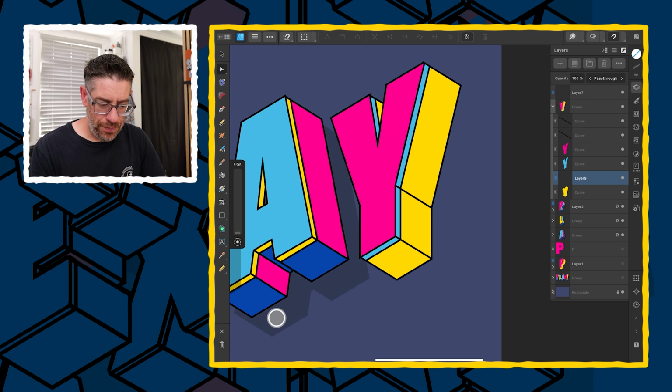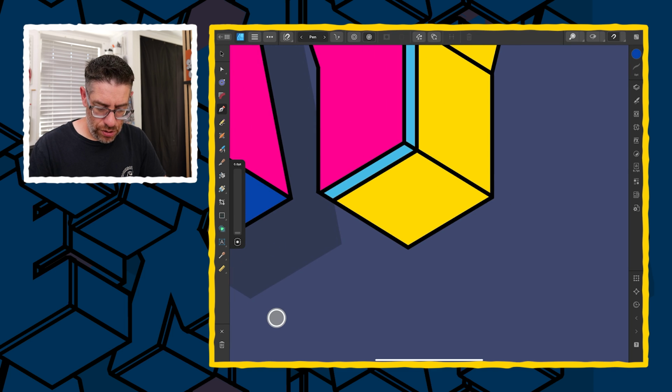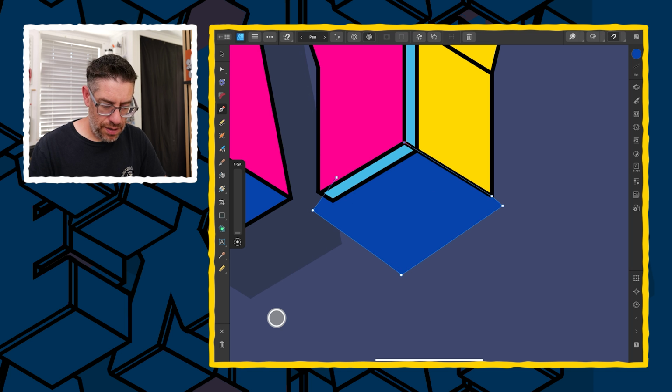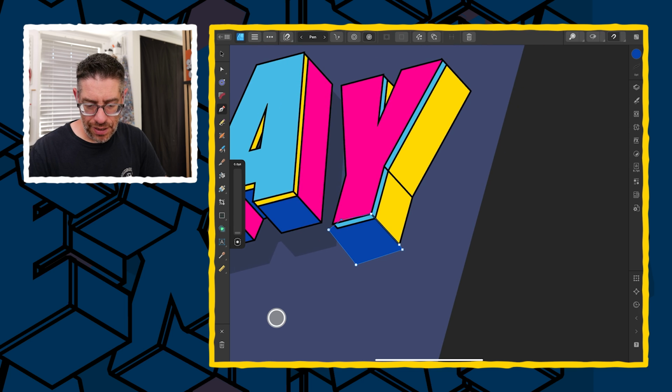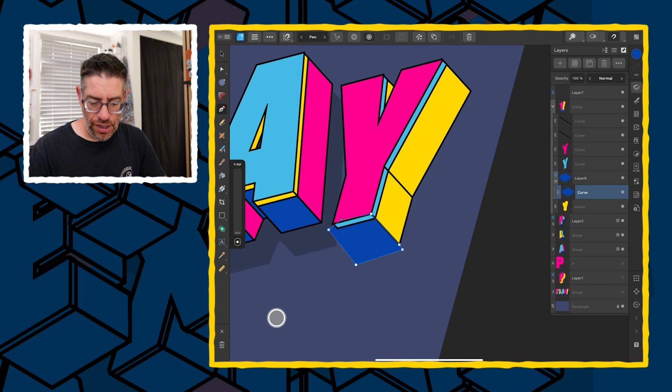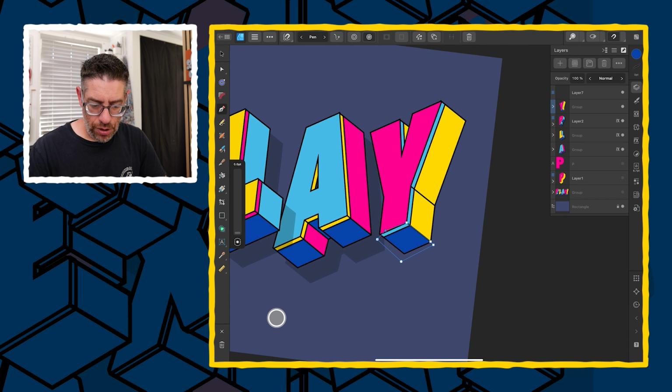Tap on the pen tool, use fill, not stroke, and again, that dark blue. Draw around the bottom of this. Actually, I'm not going to give it anywhere else, I'm just going to keep it on that, and then we're just going to drag that onto the bottommost layer to clip it. And again, last thing I want to do is put this in the right place, this white underneath the A,